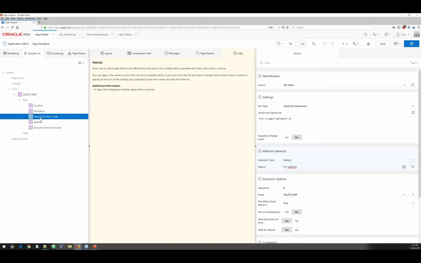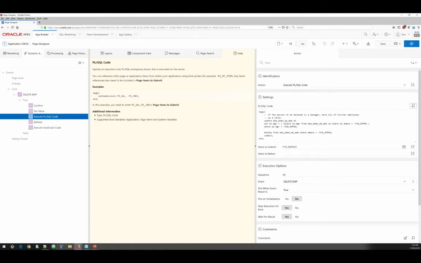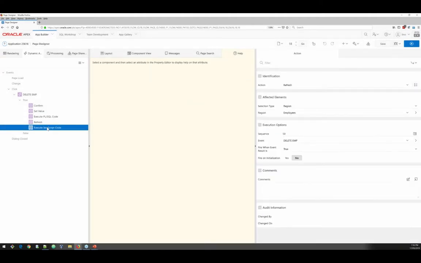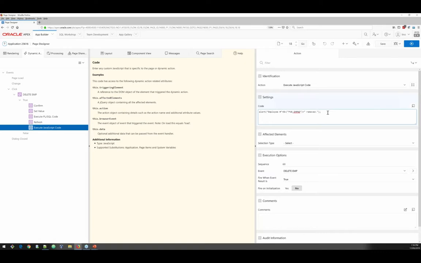Then when that temporary item is set, we execute the PL/SQL call. What we do is delete from that table where emp equals page 18 emp number. Then to finish it off, we do a refresh and we execute JavaScript which says alert emp revoked, for example. So the key point was